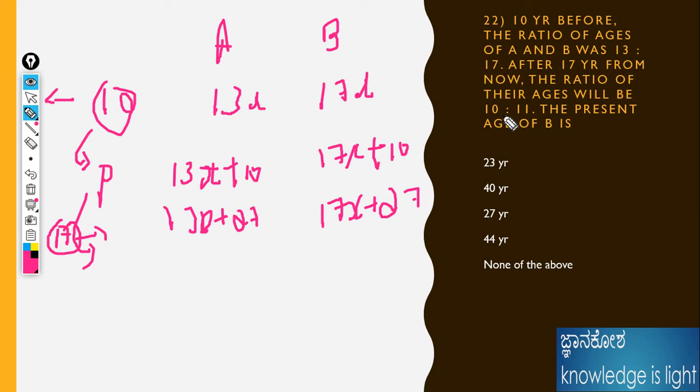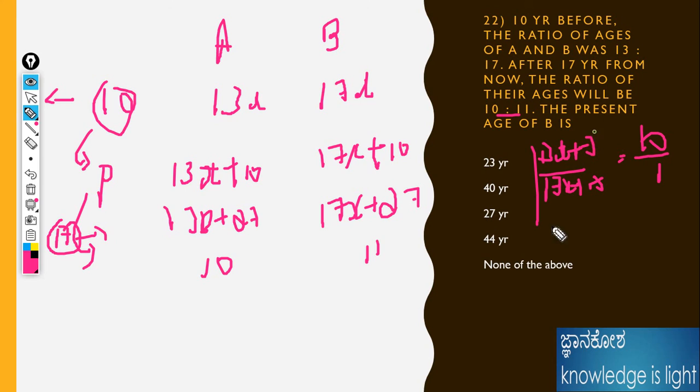Okay. Then what ratio is given? 10 by 11. While solving, some people always think directly like that only: 13x plus 17 divided by 17x plus 17 is equal to 10 is to 11. They do not calculate with the present at all. We can get it easily from the table, and please prepare the table. Otherwise, if we do it like that, it will definitely be the wrong answer. In our mind we need to calculate like 10 plus 17 is 27.